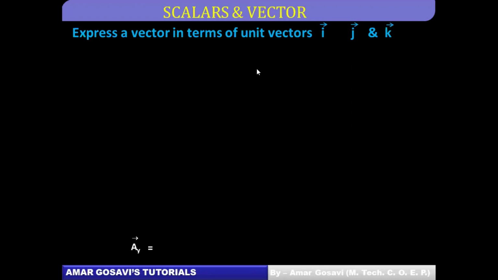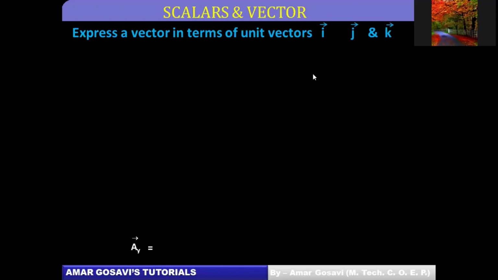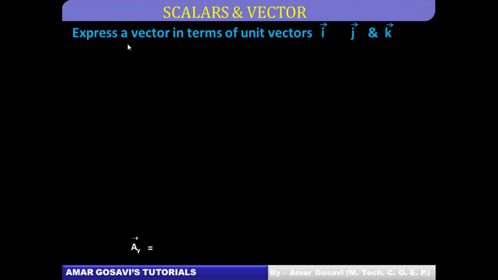All these vector quantities can be expressed in three dimensions in the form of unit vectors along the x, y and z axis. We all know the unit vector along the x axis is denoted by i cap, the unit vector along the y axis is denoted by j cap, and the unit vector along the z axis would be denoted by k cap, friends. Now let's once again have a quick recall about how a vector would be represented in three dimensions, so far as the multiplication is concerned. So let's understand this.